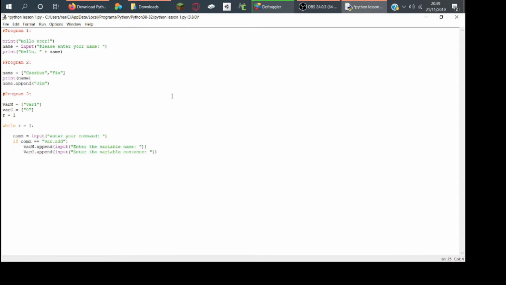So that would then append a whole new variable, and then what we're going to do is elif com equals var.read, so it'll get information about a var, and then vn equals input, and then it will enter the variable name, which I'm just going to call var, and then